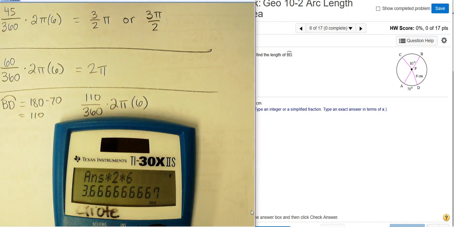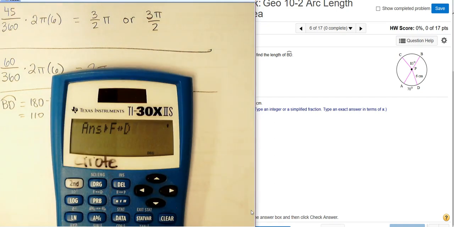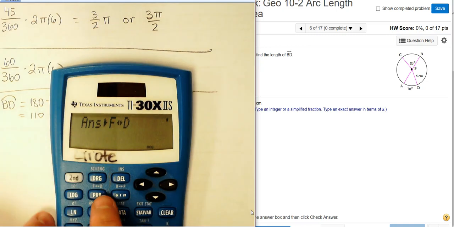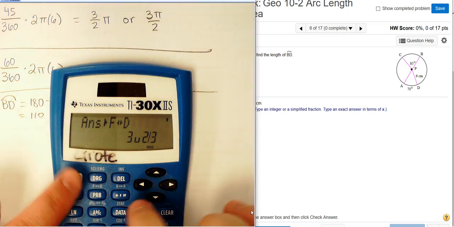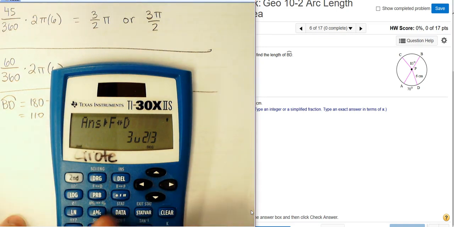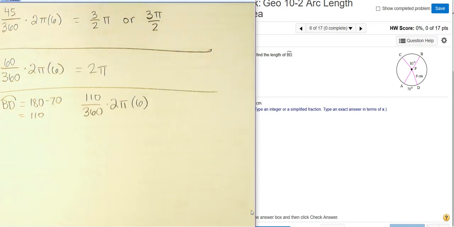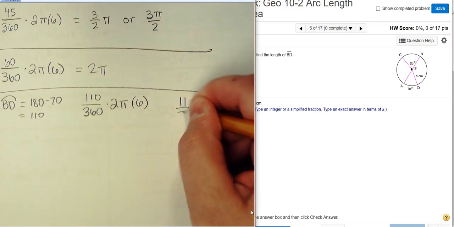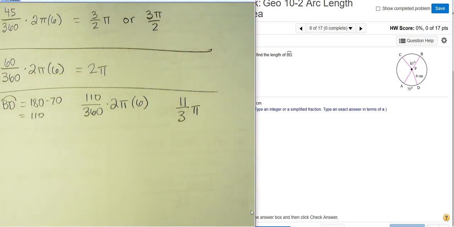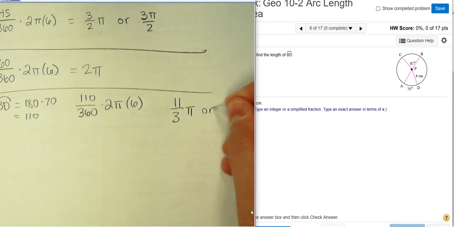0.6 repeating is 2/3. So again, I'm just going to show you these buttons. Just hit second, and then that PRB button, it'll change. Oh, you can't see my fingers, forgive me. Okay, so I hit second, and this PRB button, it'll pop up fraction to decimal. Now it gives you a mixed number, so 3 2/3. Then I'm going to hit second, the button right underneath that ABC key, and that'll put you in an improper fraction. So that's 11 over 3. So you can type 11 over 3 with a pi next to it, or you can type it like this,